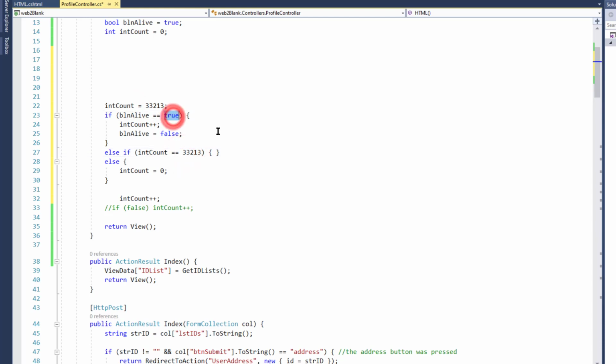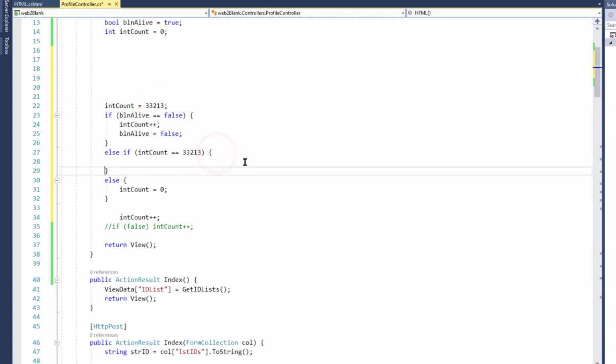We're going to change this. Okay, so now we're saying if Boolean alive is false, do this stuff. Well, we know it's not going to be false. So then we're saying, if Boolean alive isn't false, then if int count is some number, and I'm just making a thing up, then we're going to do this. So then we're going to say,